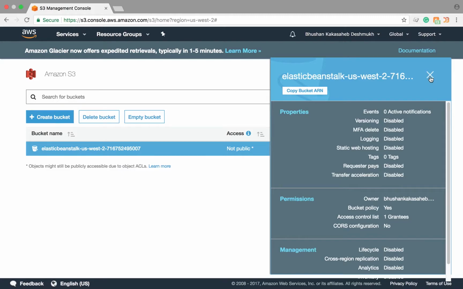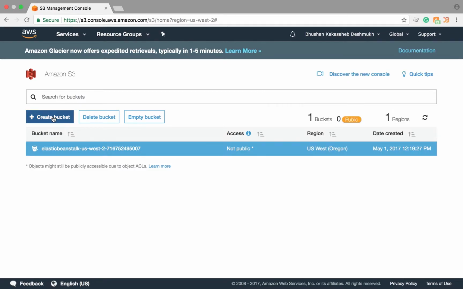Amazon EC2 uses S3 for storing Amazon machine images. You can use an AMI for launching EC2 instances, and S3 is pretty easy to use. You just have to go here and create a new bucket, and you can store your data into that. In order to access S3 from any program, you just have to download a library called Boto library, Boto3. And with that,